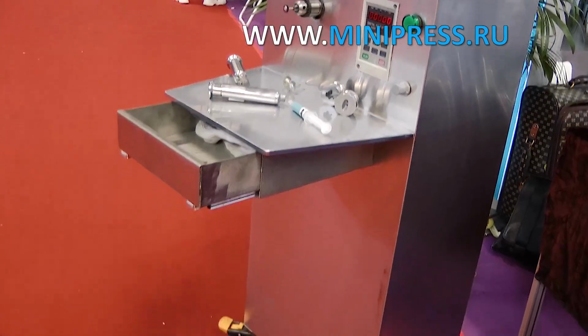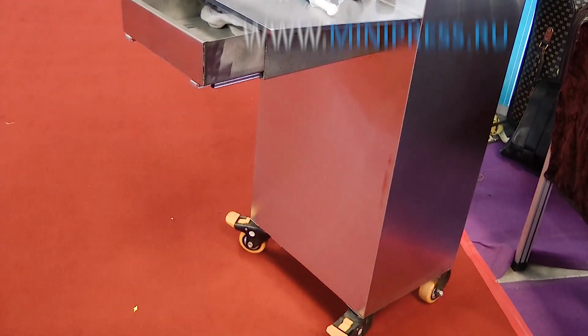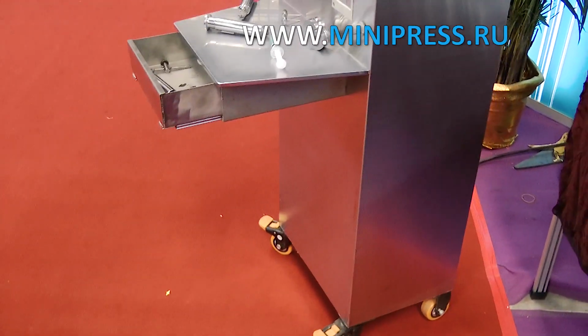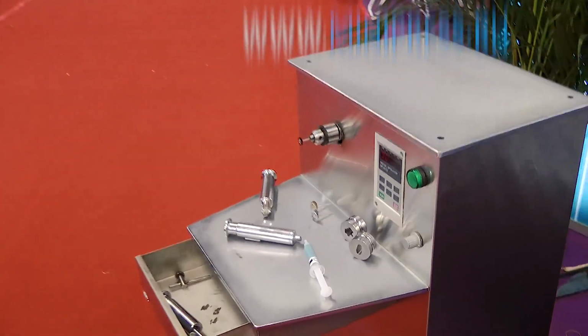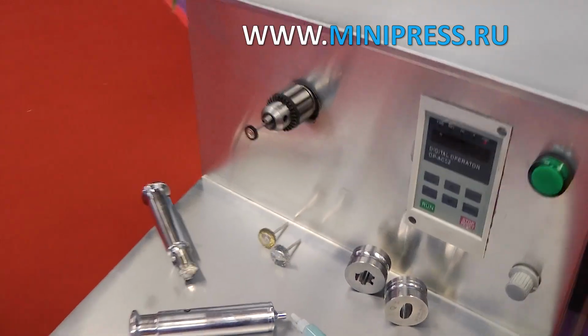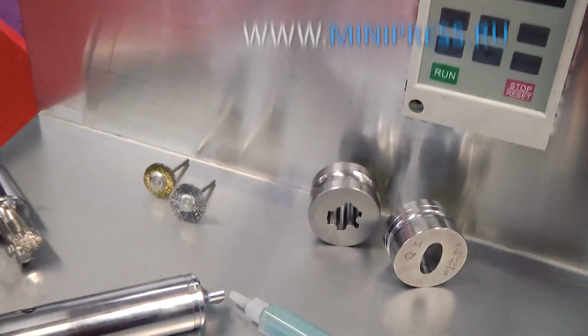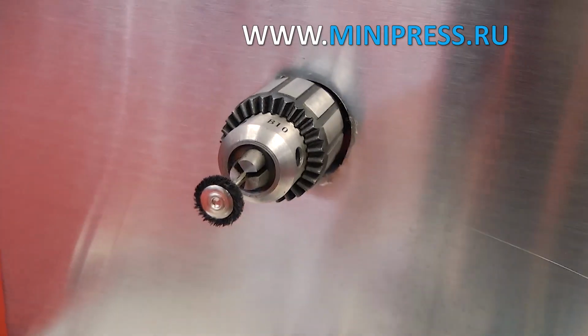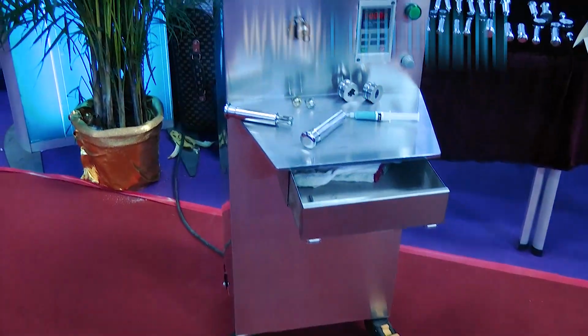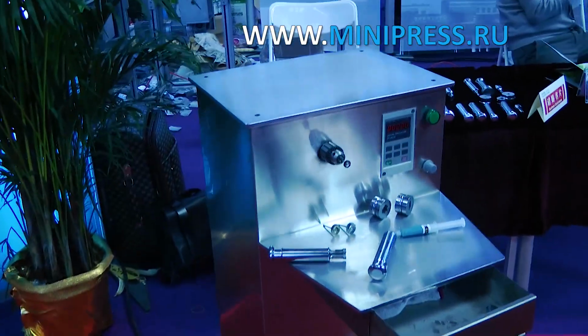It was not an easy job. There is a lot of equipment on the market. Geography of manufacturers has expanded. Competition has increased, and this in turn has affected the quality of the equipment produced. In pharmaceutical production, it is very important to control the quality of raw materials and finished drugs. For the products to fully meet the requirements of hygiene, it was necessary to take a serious approach to the